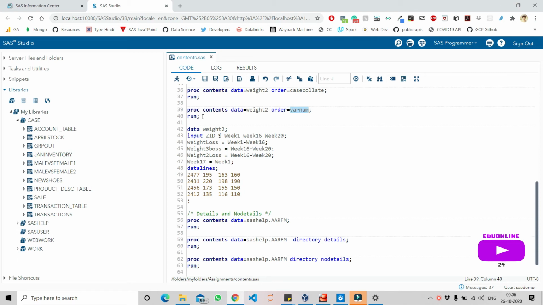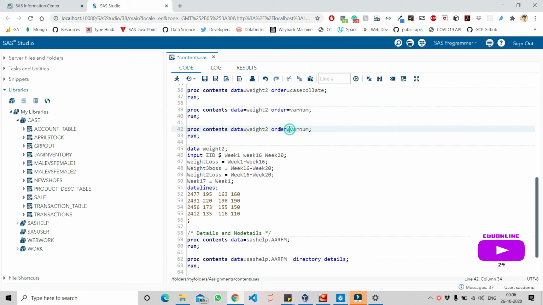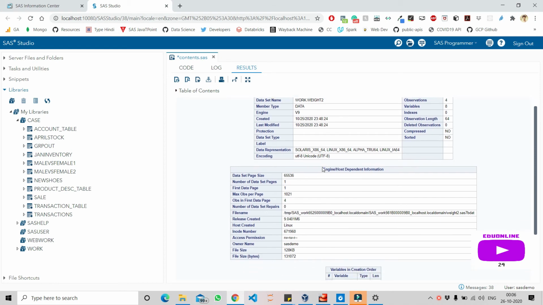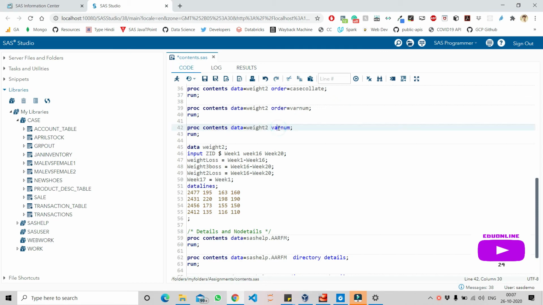There is another way you can use varnum, which is simply specifying it here without using order. Let's try to execute this one. If you see here, it is the same order. So whether you specify order or not, it is not important here.